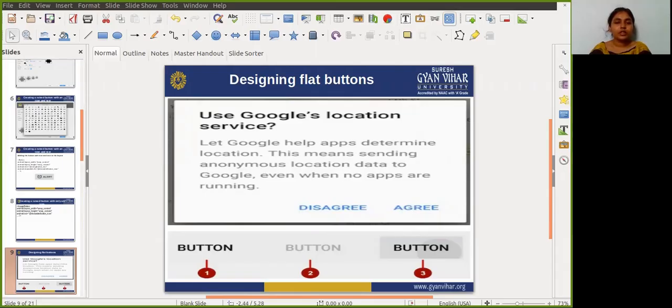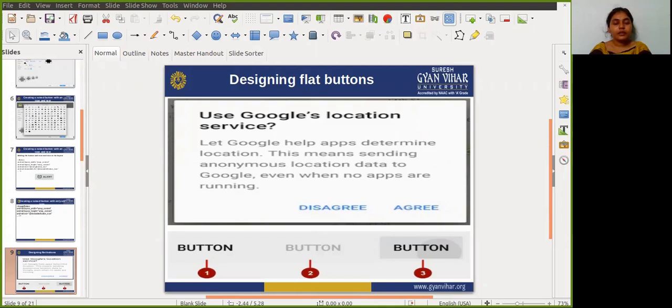In the normal state, the button looks just like ordinary text. And for the disabled state, the text is grayed out, and the button is not active in the app context.